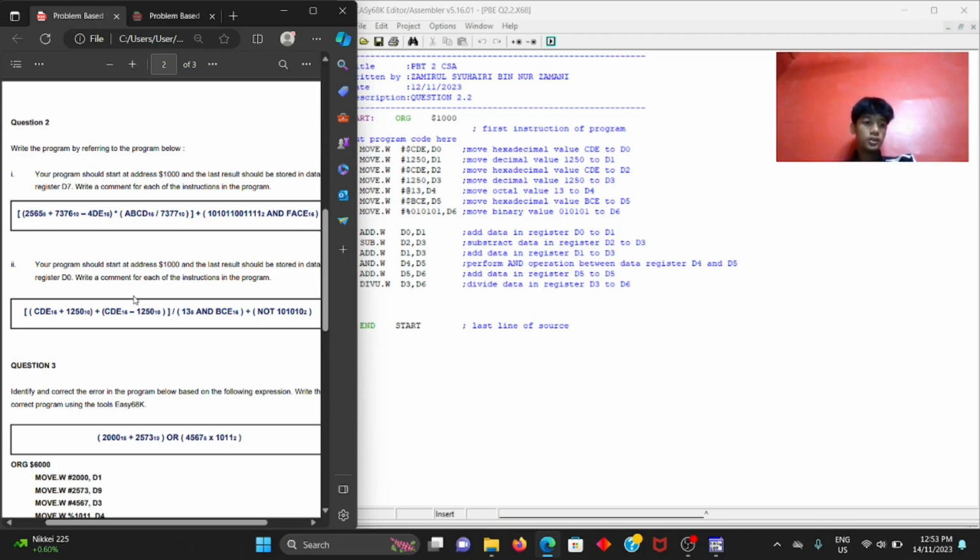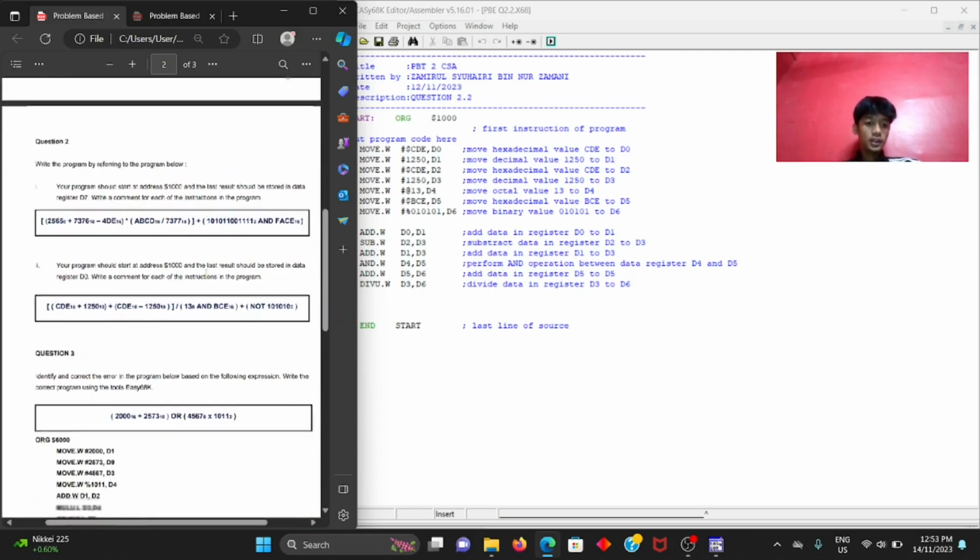Alright, so the question asks us to write a program. Your program should start at address $1000, and the last result should be stored in data register D0. Write a comment for each instruction in the program. So the program is